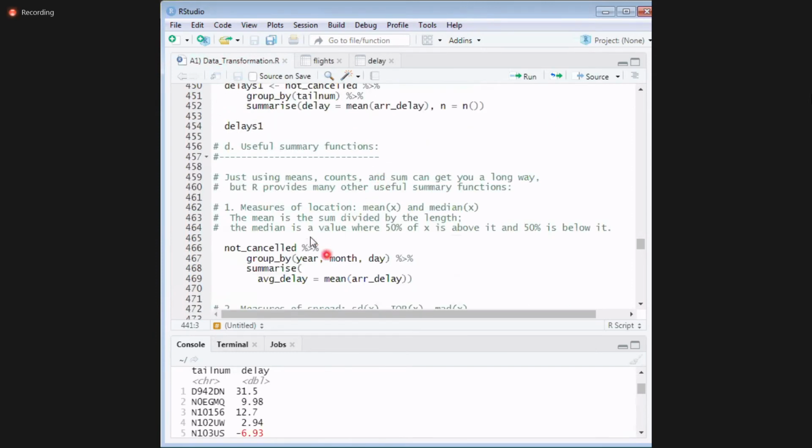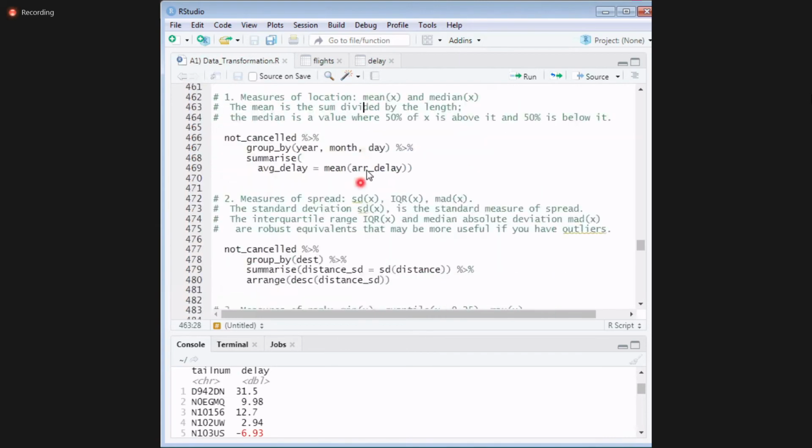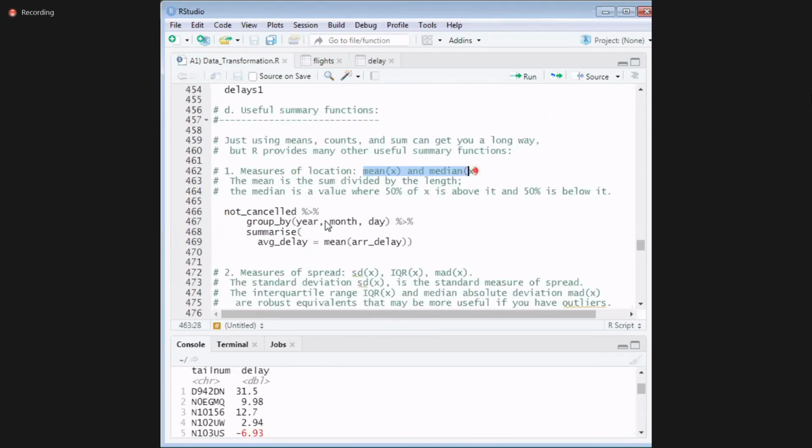Next we look at some useful summary functions. Some useful summary functions are mean and median. I hope you know what mean and median are, so you can run this code.